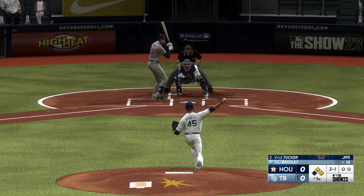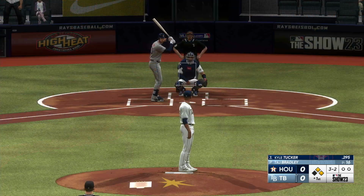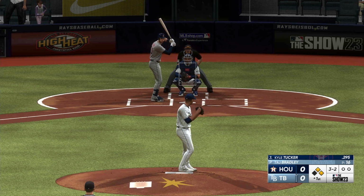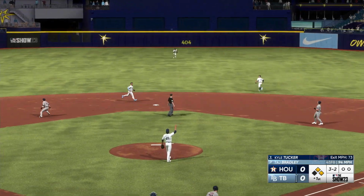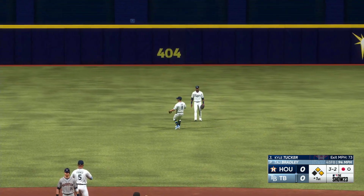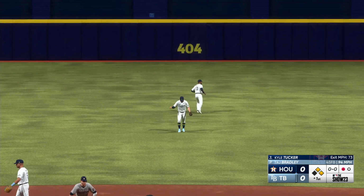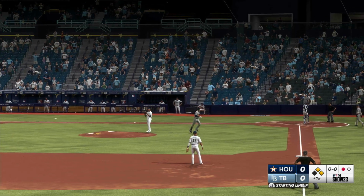The 3-1. Slice the other way and foul. Three balls, two strikes to count. Center field. Loud on the move. Great effort as he's able to haul it in, and there's one down. That is good. The first baseman,